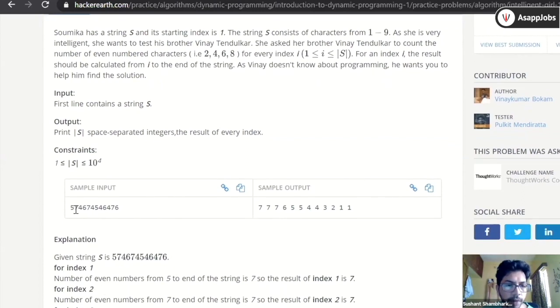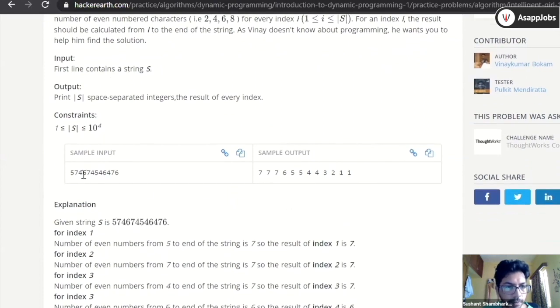From 1 to 12, there are still 7. From 2 to 12, still 7. But from 3 to 12, there is one less, only 6 even numbers, because we have removed 4. So you have to calculate like that and print the solution like 7, 7, 7, then 6, then 5, 5, 4.